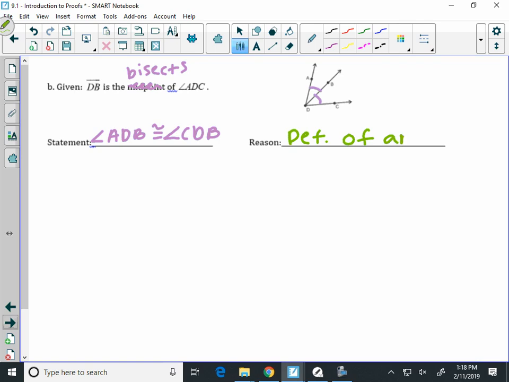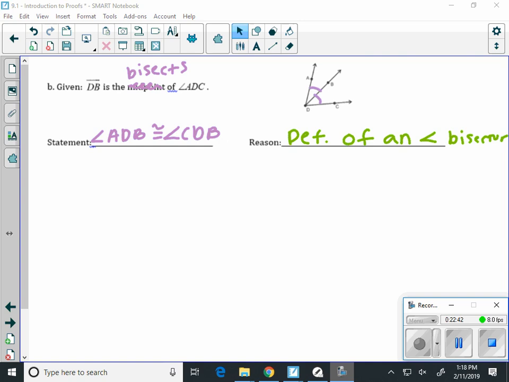So the definition of an angle, and I abbreviate angle bisector. Just by knowing what an angle bisector is, I know that those two angles are congruent. Questions over that? We'll do more of this